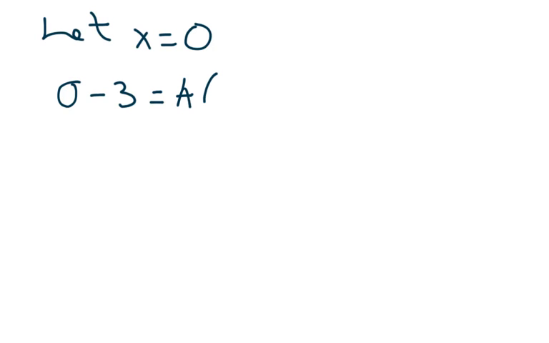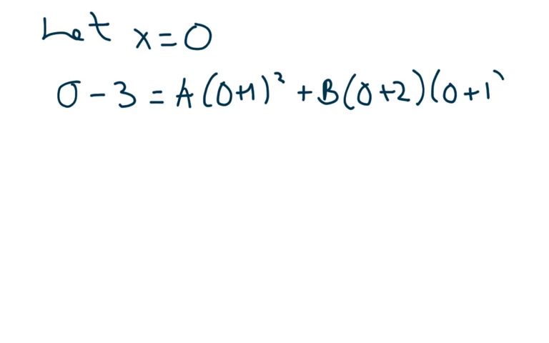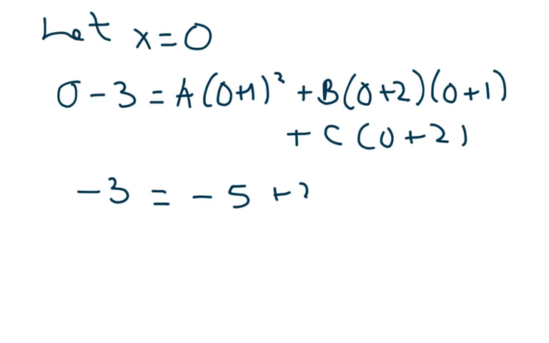So we have A times (0 plus 1) squared plus B times (0 plus 2)(0 plus 1), plus C times (0 plus 2). This yields -3 equals -5 plus 2B